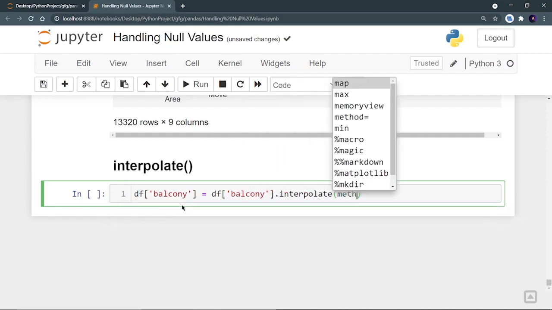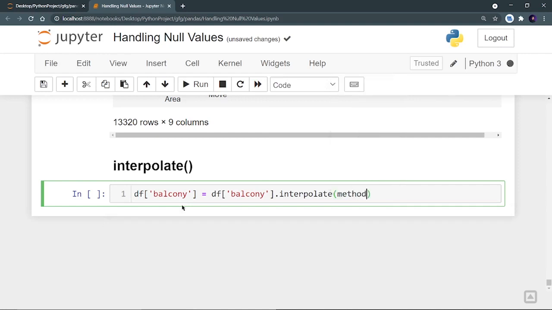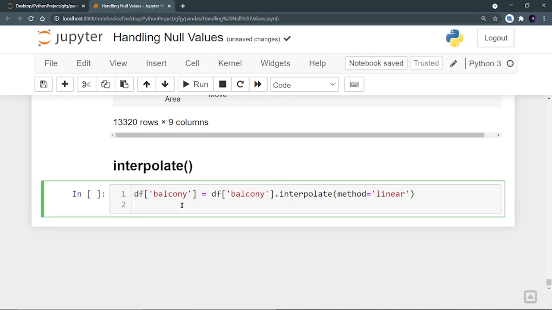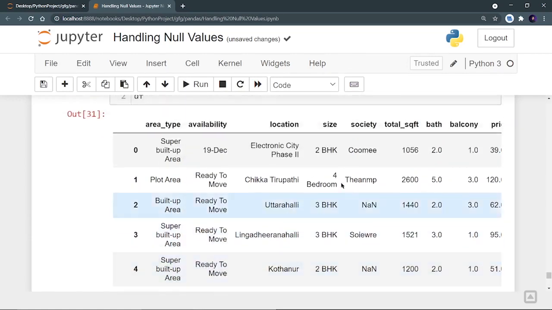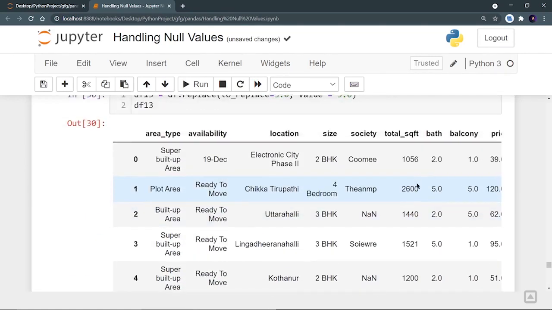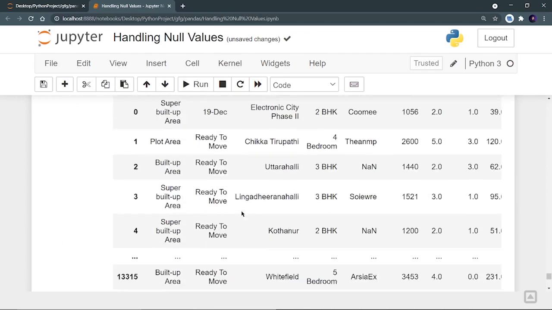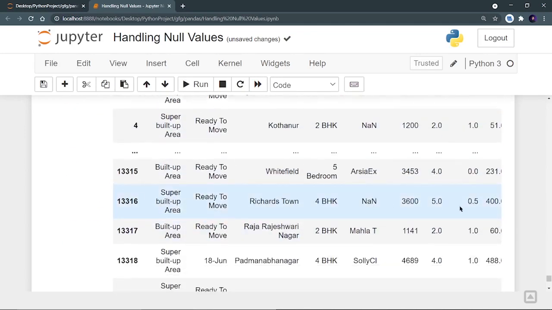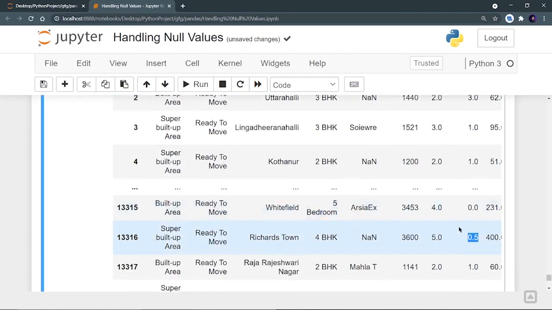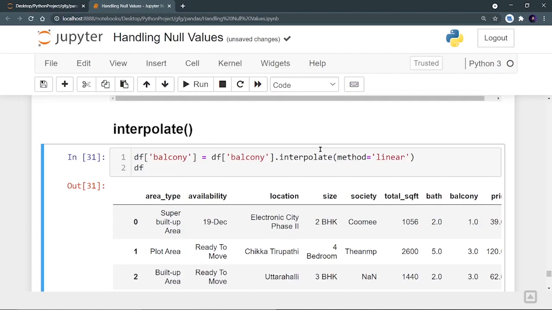Then you have to define a method, and my method will be linear, and let's run it. Let's print df, and we can see that there was a null value at index 13316, and now it has interpolated this complete column and filled it with 0.5, right? This is how the interpolate function works.